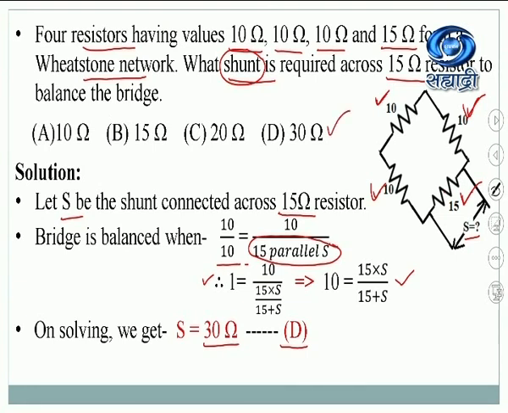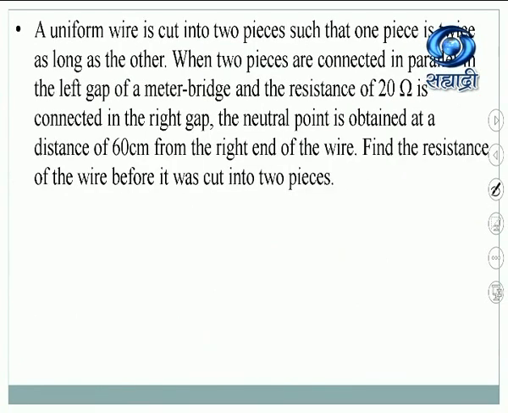So with the help of this Wheatstone network, we can find out how unknown resistances can be calculated. One more numerical we shall see. What is given? A uniform wire is cut into 2 pieces, such that one piece is twice as long